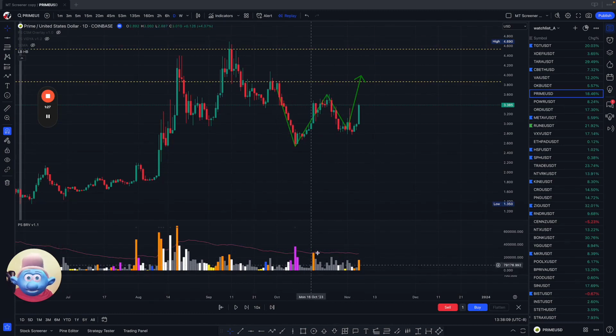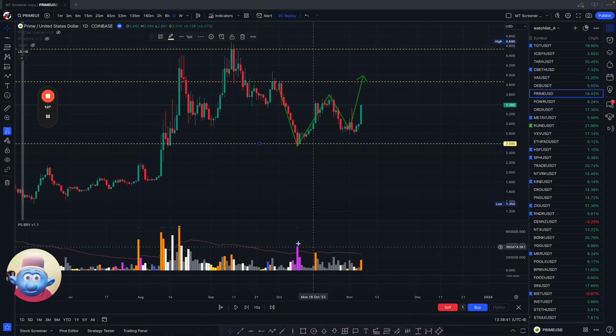The thing that is interesting though is the magenta bars right here. Either magenta or blue is showing what's called churn, and it's the equalizing of buyers and sellers. So this was a really, really heavy move down, but in this down move, the next two candles were showing that heavy sell liquidity was being met by heavy buy side liquidity. So this is probably going to be a floor, because you have that churn, this equalizing of the